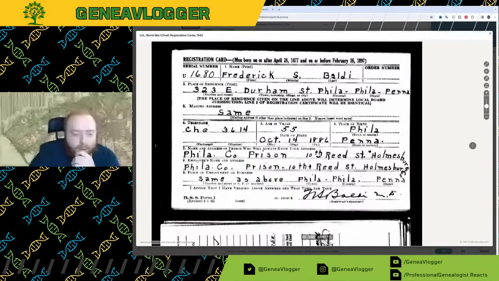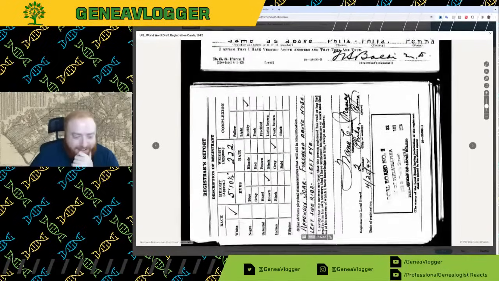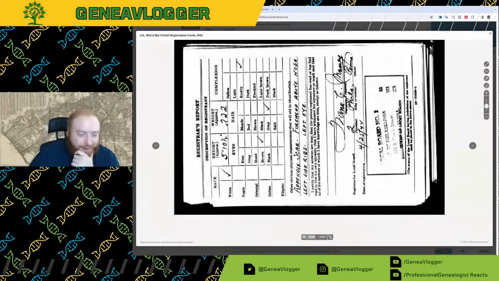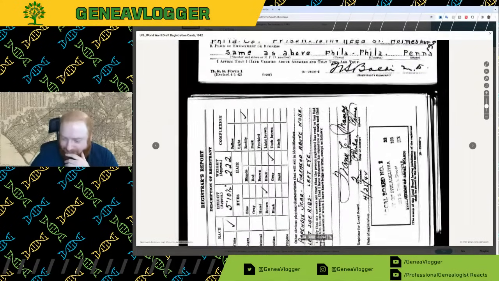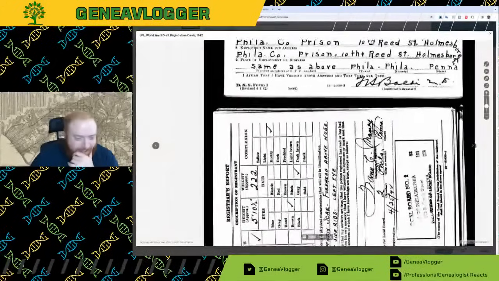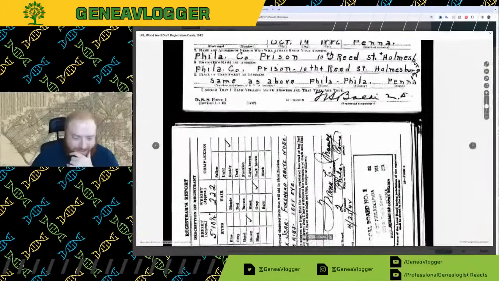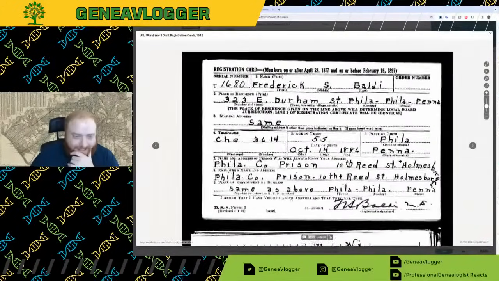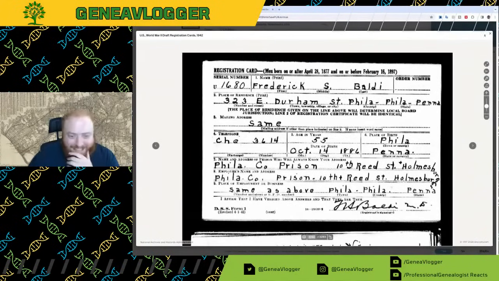Employer's name. Oh, but that's so weird. So they work for the prison. So this is Taylor Swift's great-grandmother's brother. That's so interesting. Okay, well, I guess.